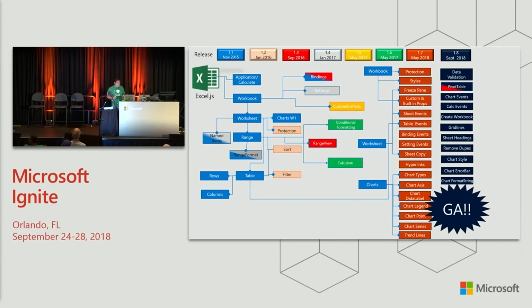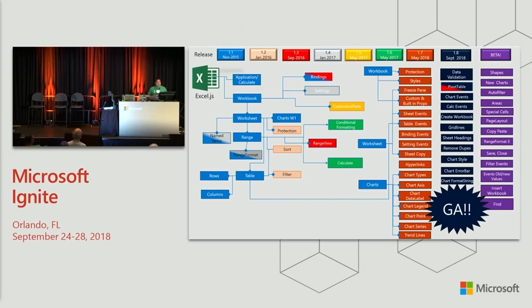We also included pivot tables. We originally shipped something in 1.3 where you were only able to refresh pivots, but now you can actually create them and do more interesting things. We also have more charts. We have more events for charts. We have Create Workbook, which is an API that many customers are asking for, creating new documents out of templates. We also have sheet headings, remove duplicates, charts, and so on and so forth. We are also announcing today